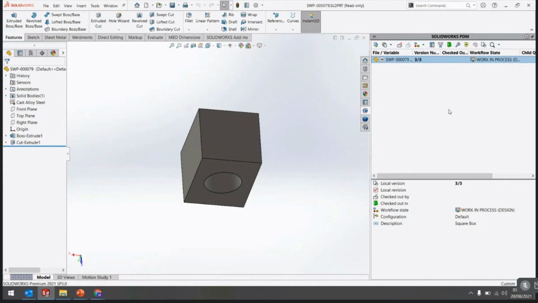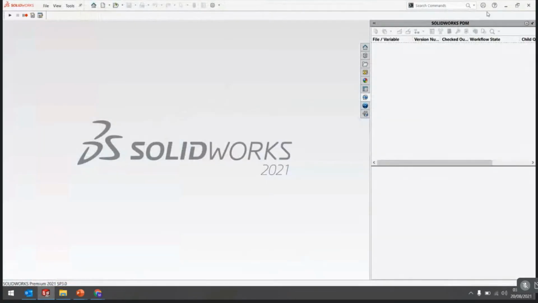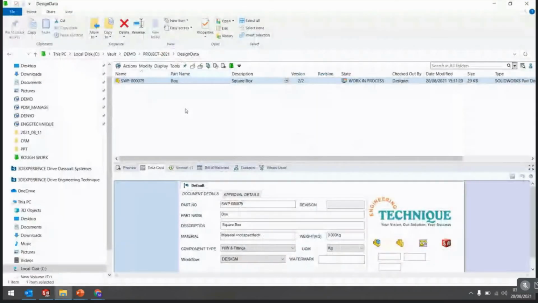Now let's understand what is revision. I hope you all understand the concept of version. So let's see what is revision. Every organization has its own workflow of working, like a user can create the file, a senior user can check that file, and a manager can approve that file. After the file is finally released, that is when the revision will be bumped.